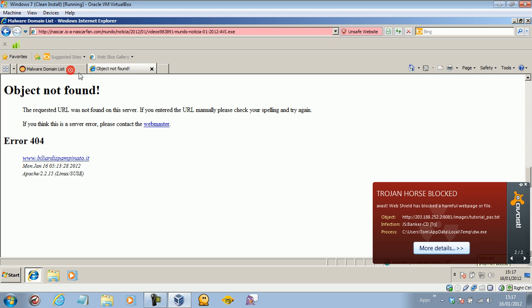See what Avast does. Here we go. So it just blocked the Trojan horse, and it blocked the website that the Trojan horse was trying to pick up. So it just did very well. That was a serious file. It was going to take away personal information and everything, and